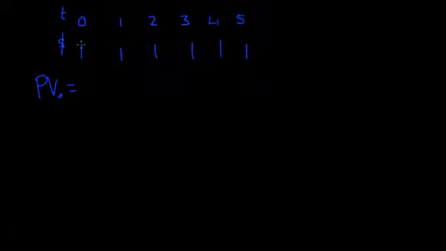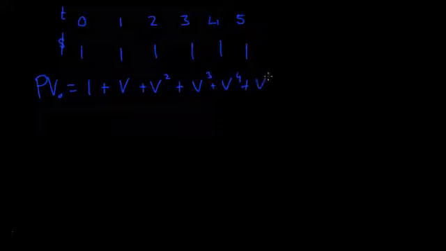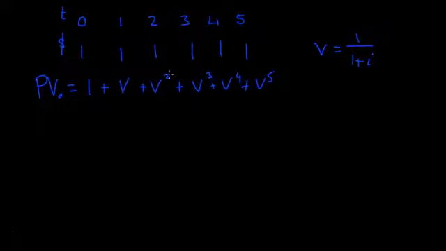Again, this first one doesn't have to be discounted because we've already got it today. Plus, this one will be discounted by a factor of v, and again v squared, v cubed, v to the 4, and v to the 5, where v is equal to 1 on 1 plus i. So this is also a sum of a geometric series, except it starts off with 1 instead of starting off with v. So we can call this equation 1,